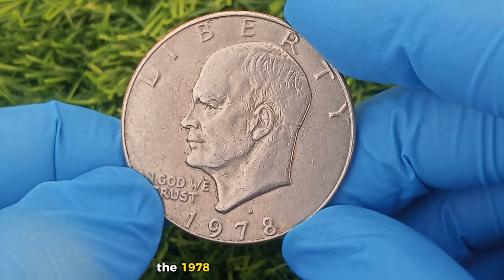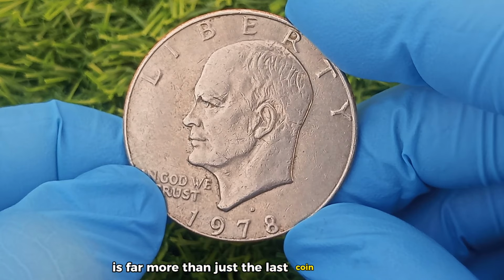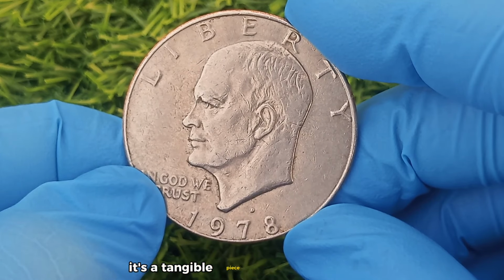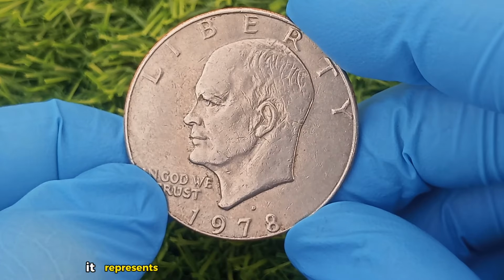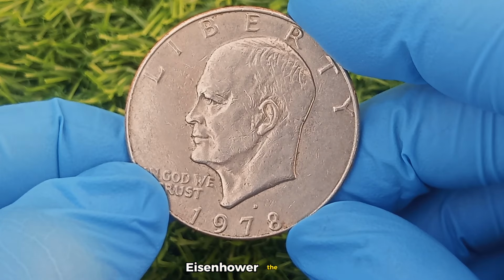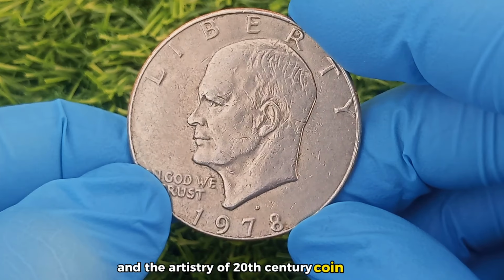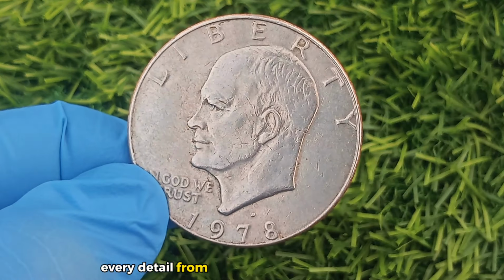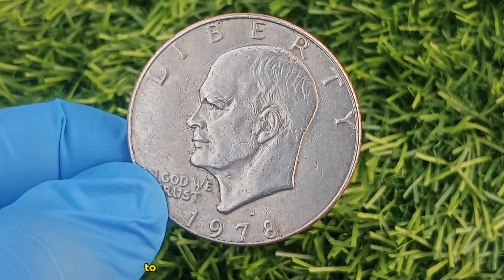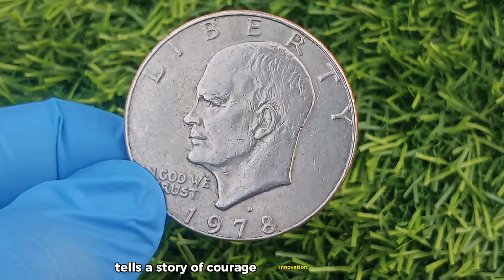The 1978 D Eisenhower $1 coin is far more than just the last coin of its series. It's a tangible piece of American history. It represents the strength and leadership of Dwight D. Eisenhower, the spirit of the Apollo missions, and the artistry of 20th-century coin design. Every detail, from Eisenhower's powerful portrait to the lunar eagle landing in peace, tells a story of courage, innovation, and